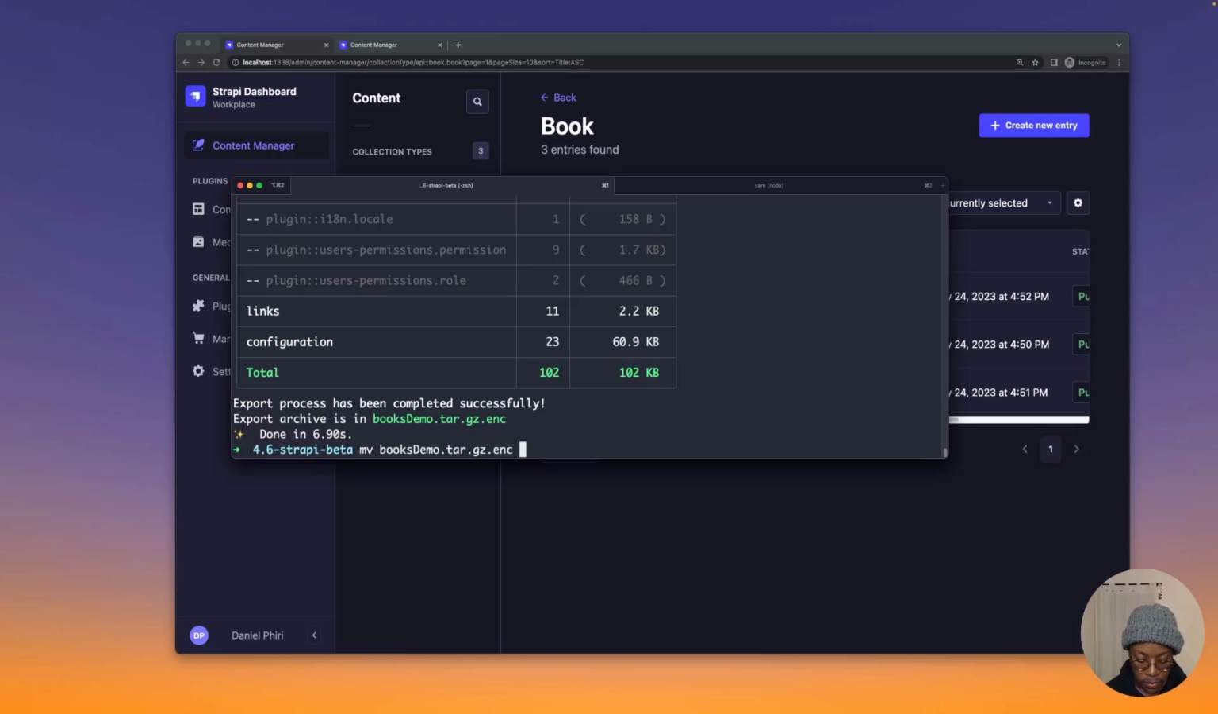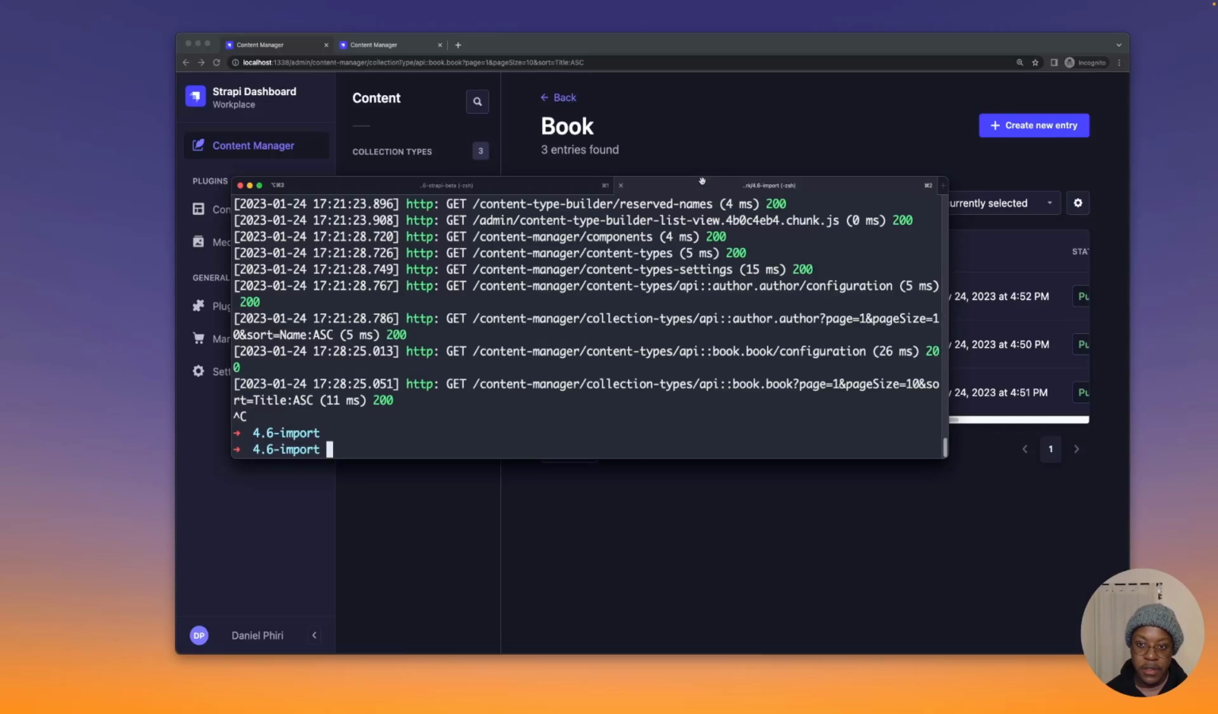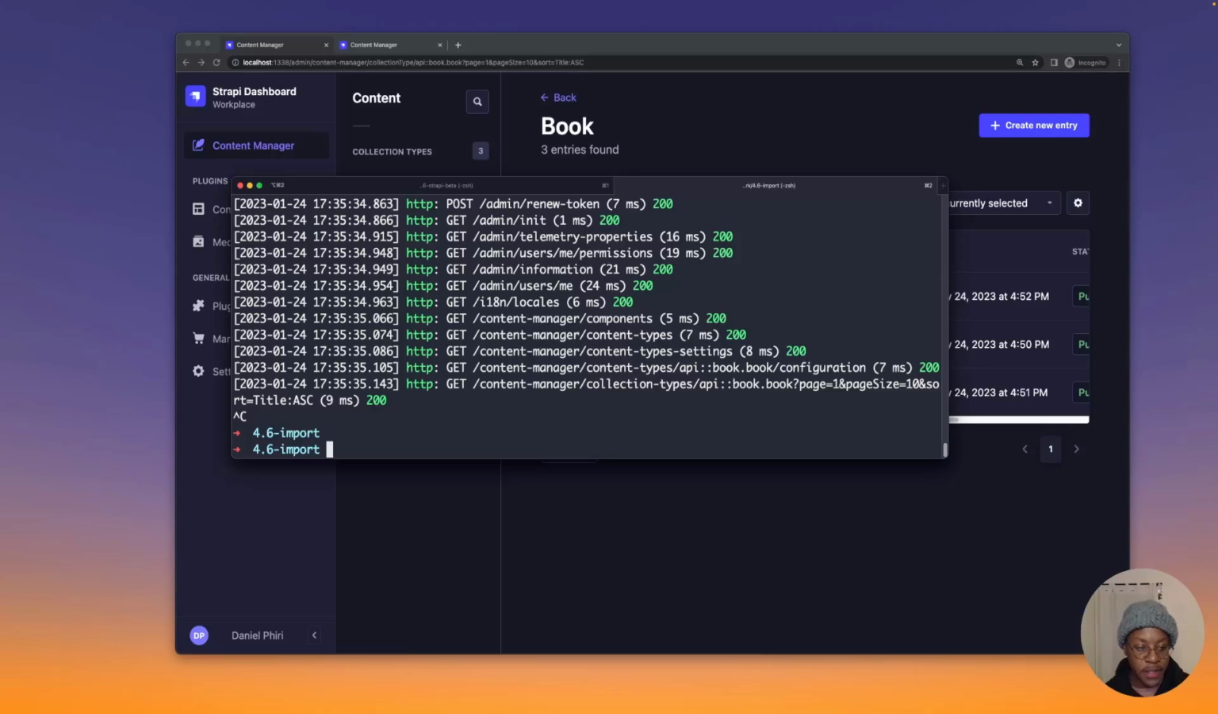And so what we want to do now is move booksdemo.tar.gz.enc to desktop /code/4.6 import. We'll change directories here in 4.6 import, where we just exported our backup file, and we'll use yarn strapi import